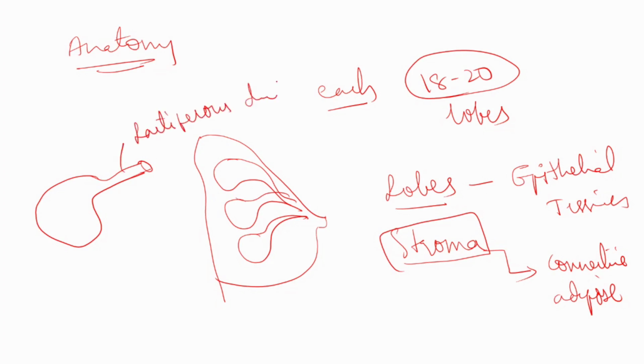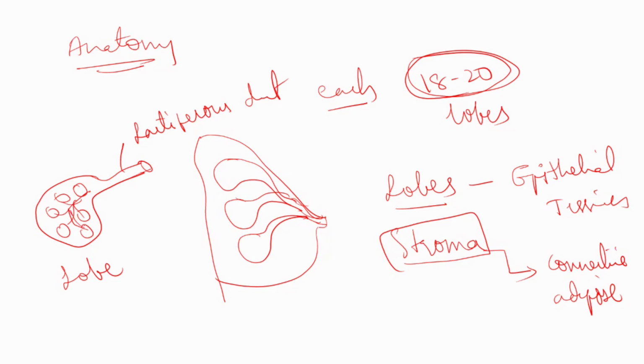Lactiferous duct. Each lactiferous duct opens near the nipple, and from the nipple it is associated with the lobe. This is a lobe, and we have 18 to 20 of these lobes in each breast. Each lobe has different lobules, and all these lobules are connected again